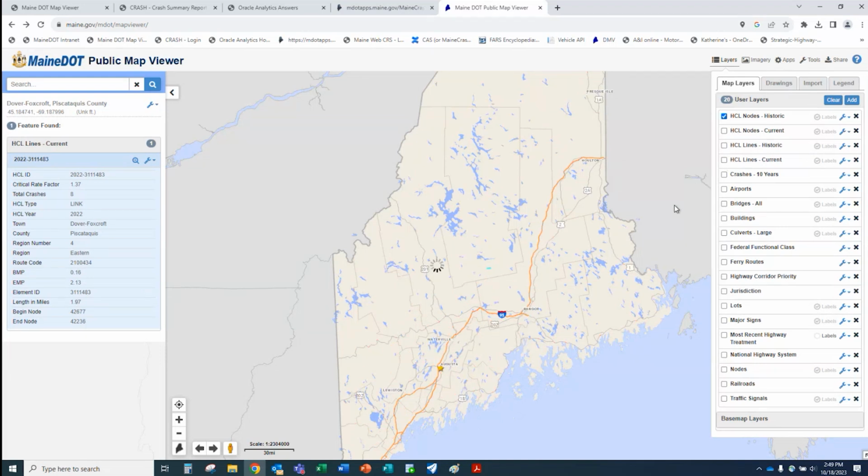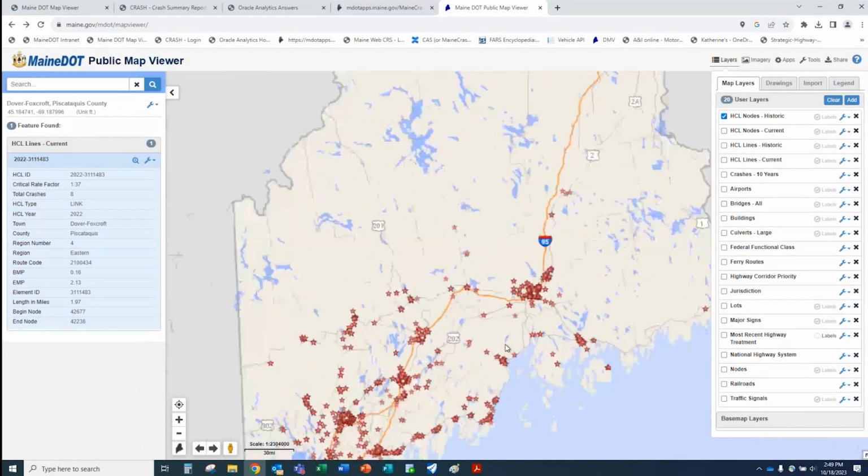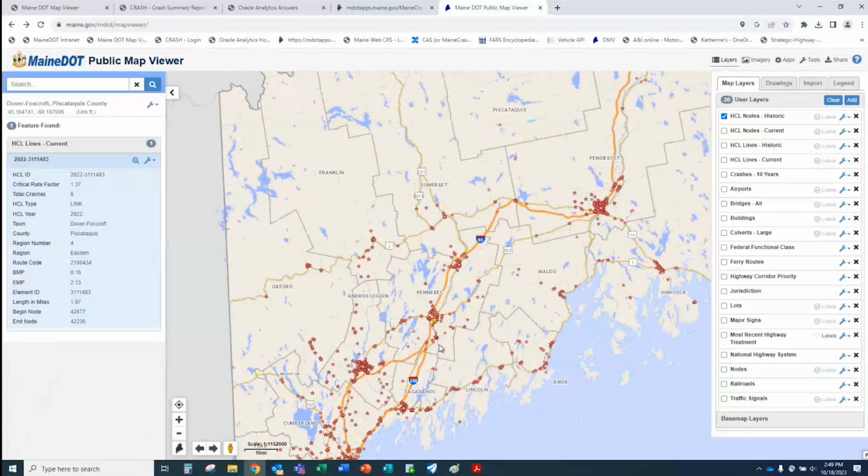All right. So what this is, we've discussed this before. These are a different color red. So you can have both layers turned on at the same time, but you're likely to cover over one with the other. So these are all of the historic high crash locations, just like with a 10-year map layer. This is 10 years worth. So it goes from, I think we've actually got from 2010 up to 2012 for that 3-year study period.